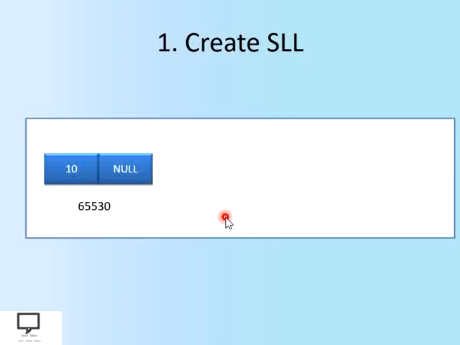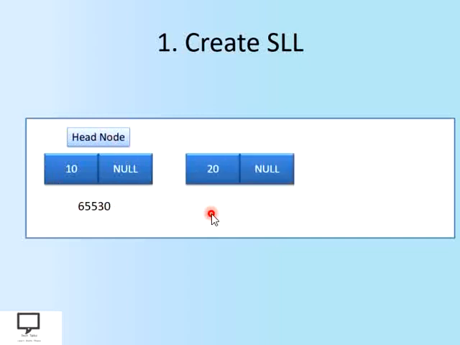Now let's create one more node. Before that, keep in mind that this is the node which is called the head node, which will be holding the address of the first node of the linked list. So that's why this is called the head node. Let's create one more node at some different location, because this is a linked list. It is dynamically created and it is not at all in a continuous way. That's why this is nothing but a linked data structure.